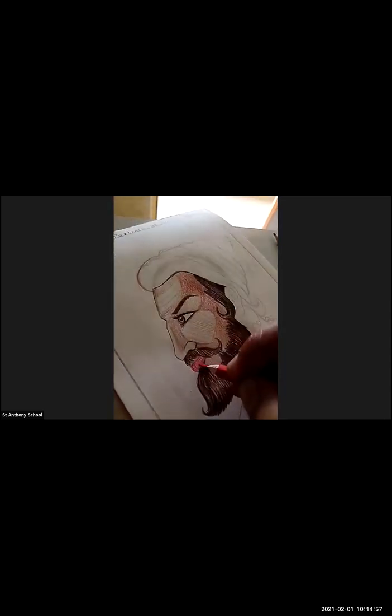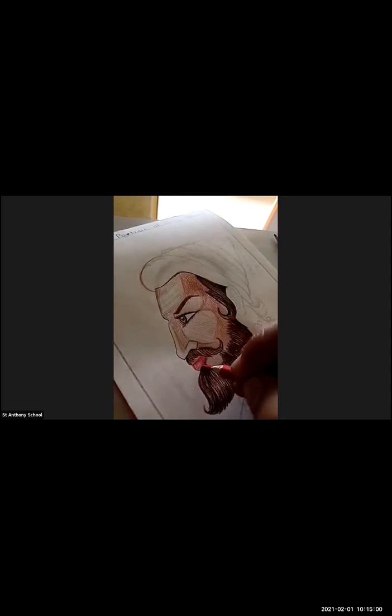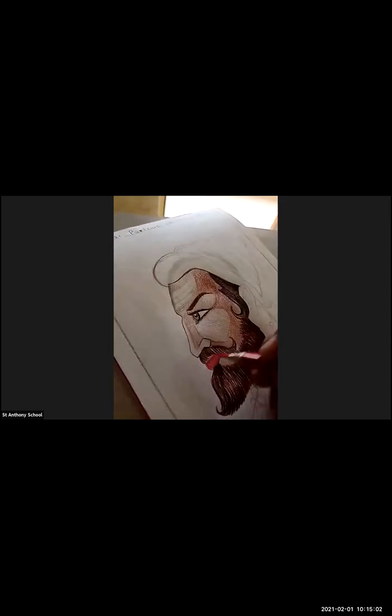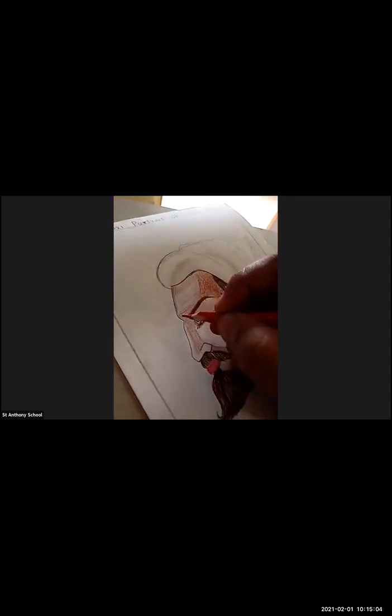Okay, so here I have sharpened the pencil and adding some red color shade to the lips. Okay, adding the red.